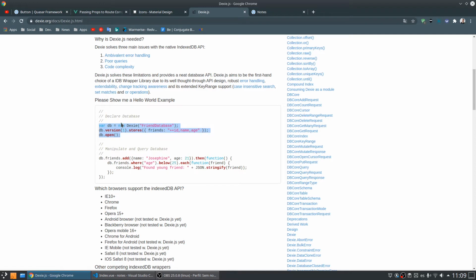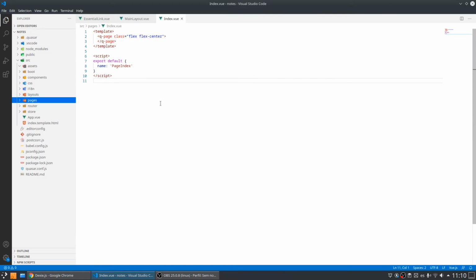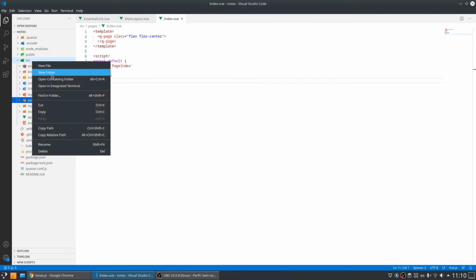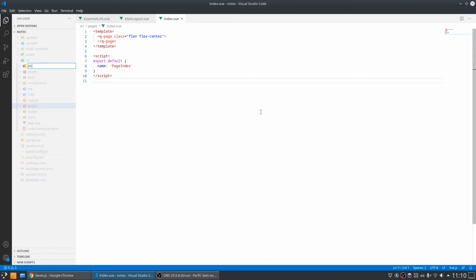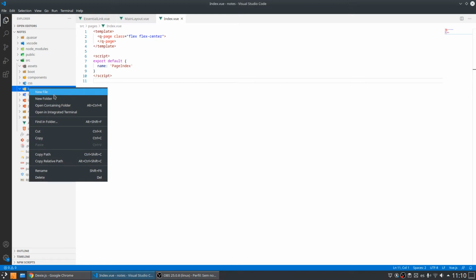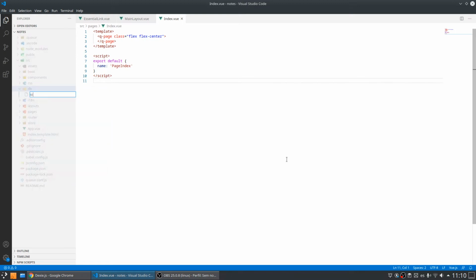They are defining the table where they are going to store the nodes, or here they have a friends database, so they are storing friends. So let's come here and create a new folder called db, and create a new file here that is the